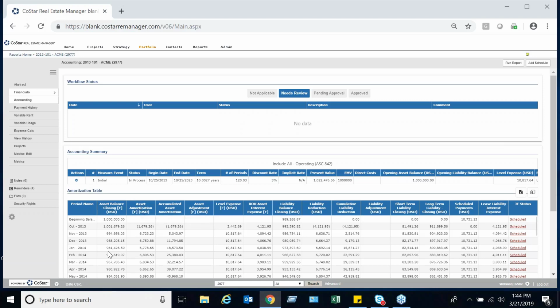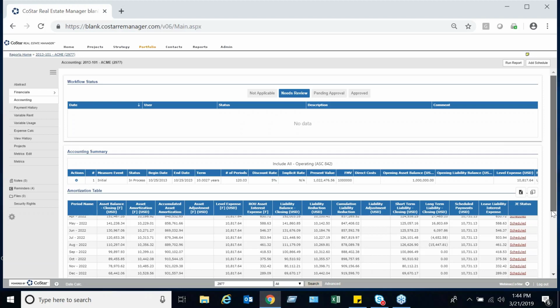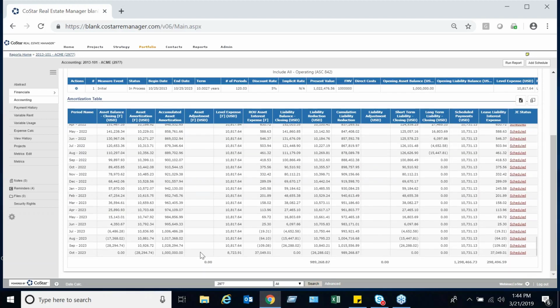If I go to the period that was reflected in the report, October 2023, I'm going to scroll to the bottom of this amortization schedule. You will see that, in fact, my level expense is not correct. It does not match my previous periods. So that's one thing that recalculating